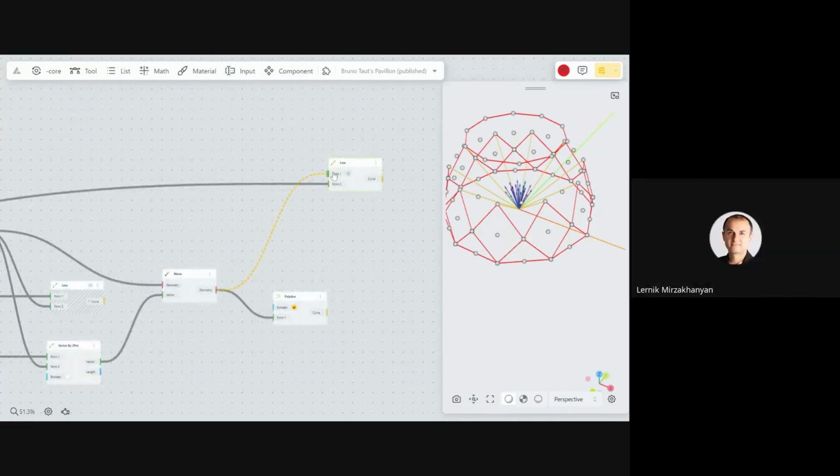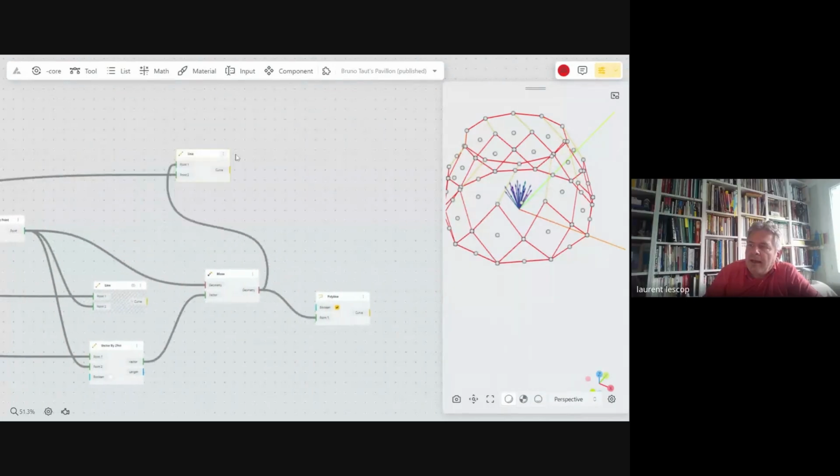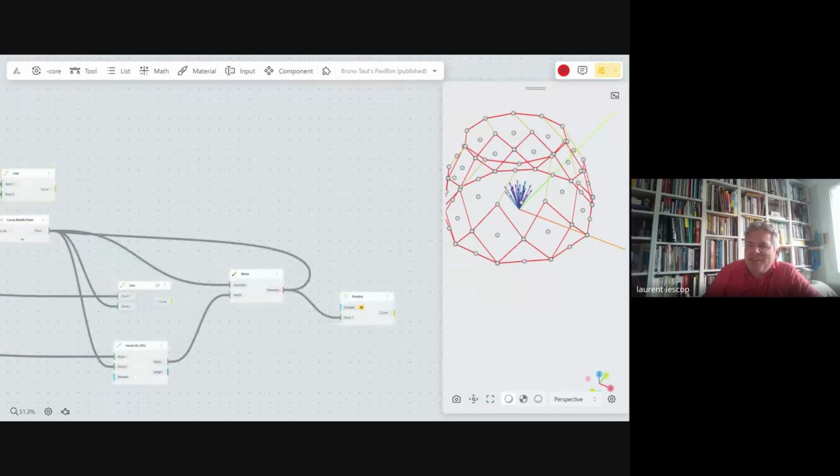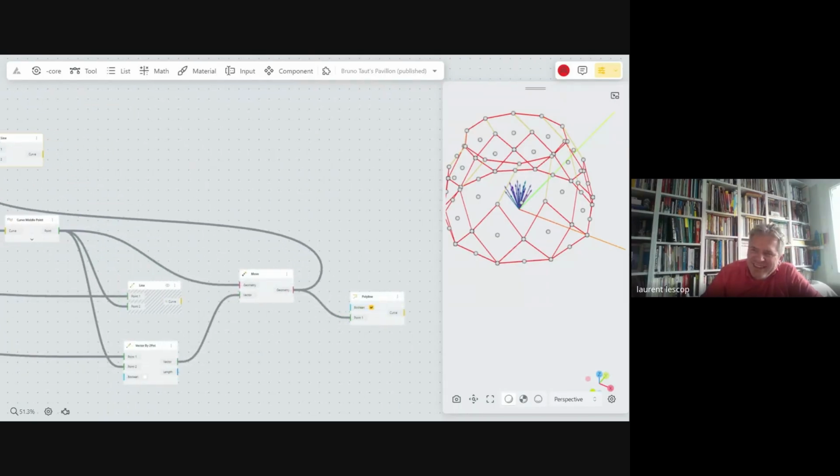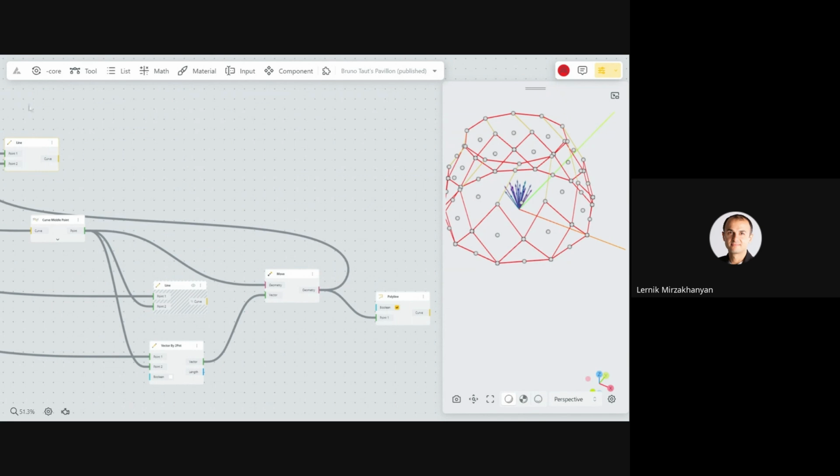Another thing that you are probably not aware of, you can actually click on the node and drag it to the edge of the screen, and it will move your canvas. Okay, so I was searching for that. Although maybe it's too slow.